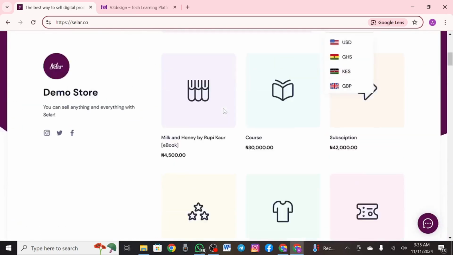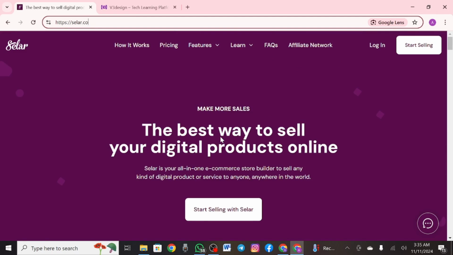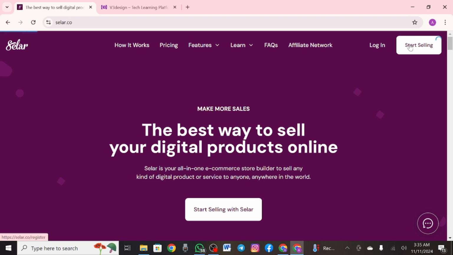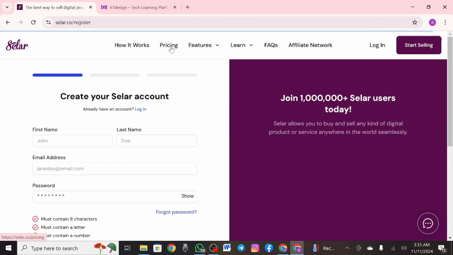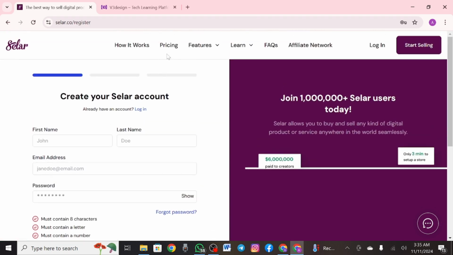So what you have to do after getting to this part is to click on start selling. Start selling actually takes you to where you create an account. But before you create an account, please ensure to look through their pricing, which I think we should do right now. So let's go to pricing,